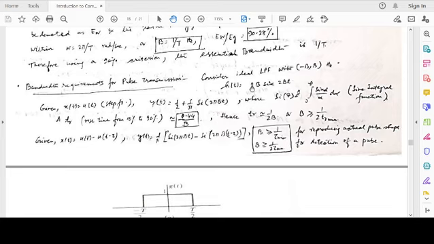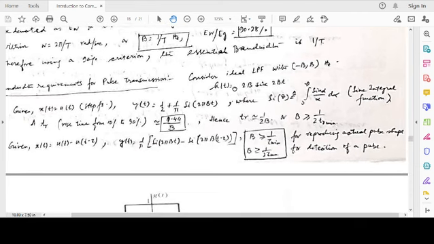So for the ideal brick wall characteristics from minus B to B, the impulse response turns out to be 2B sinc(2Bt). This is my impulse response. You just take the inverse Fourier transform of the ideal low pass filter. Note that the impulse response is non-causal. That's what we said, that it's not practical. So given an input x(t), which is an ideal step function, passing through an ideal low pass filter, let's see what we have.